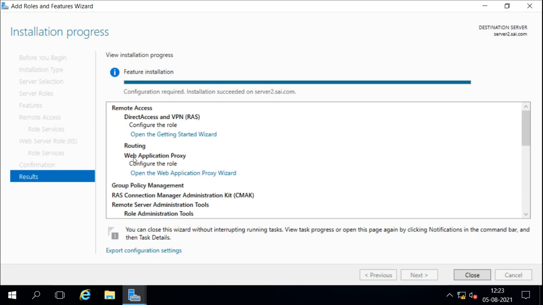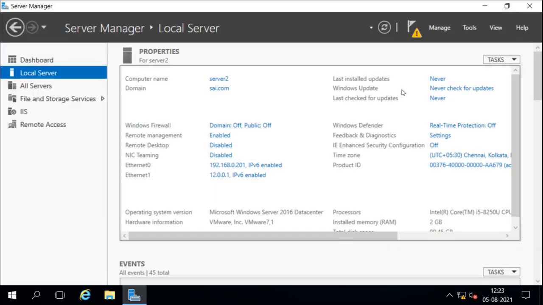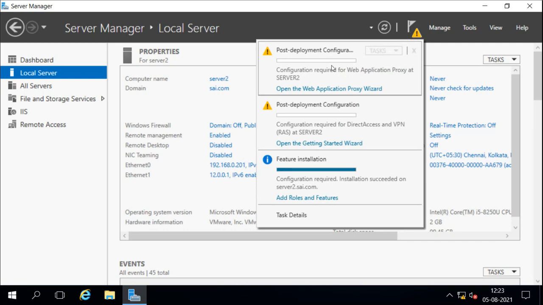Then here it is saying configuring the web application proxy role, because we selected to install the web application proxy also. So it says to open this wizard to configure the web application proxy. Now if I close this, you will still see the explanatory sign in the notification. So when you open that, it will still tell you to do these things.